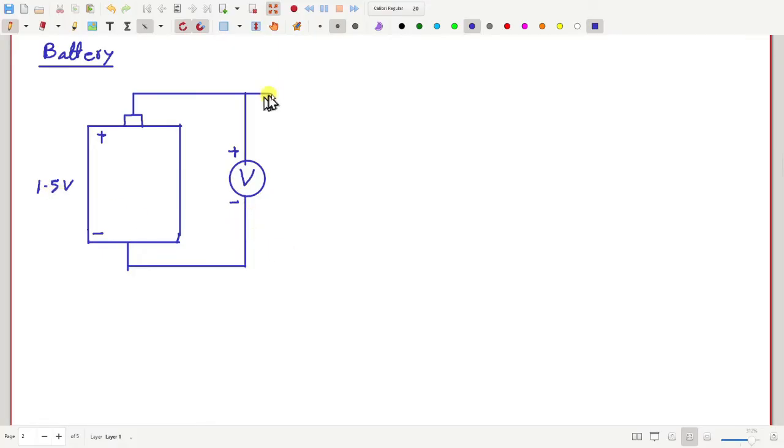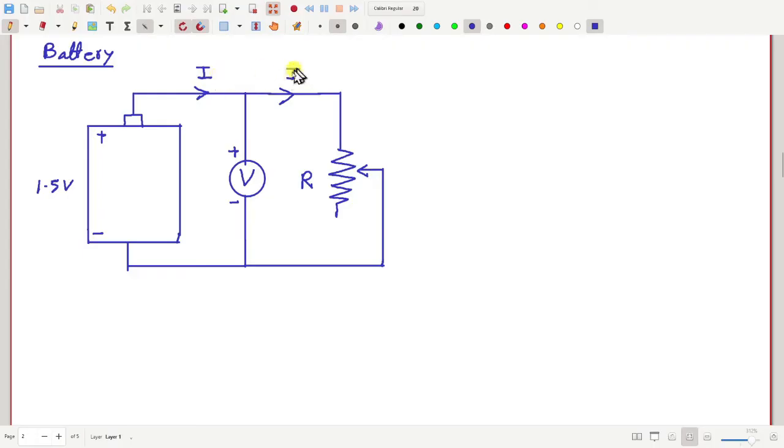But now at the same time, if I connect a variable resistor to the source, say a rheostat, call this R, and R can vary, and as this R varies, then this current I will also change. This current and this current are the same, I. So current will also change. And now if I keep varying this resistance, and for different values of resistance I measure the voltmeter reading,